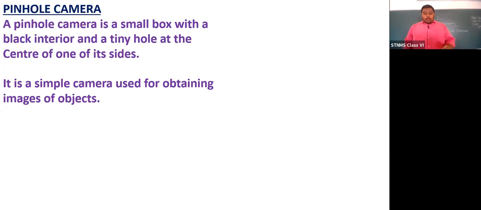Okay, listen carefully. If the object is near to the concave lens or concave mirror, an inverted image is formed. If you place the object far away from the mirror, a straight image is formed, depending on the position of the object. But in a pinhole camera, at whatever distance you keep the object, always an inverted image is formed. Always an inverted image is formed. You have to note this down. This is the main difference between them.